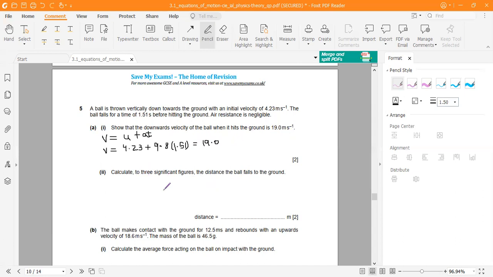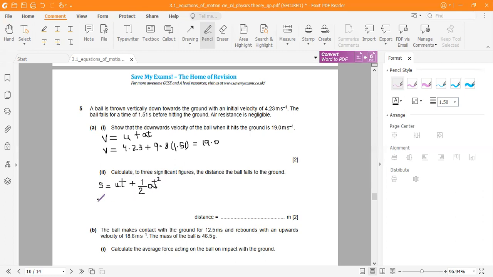So basically, they're asking for the initial height. They are basically asking from which height did you drop the ball. So how will we calculate the distance? We know V, we know U, we know A, we know T. We can apply either equation 2 or equation 3. Using both of them, we can find it. So let's use equation 2. S is equal to UT plus half AT square.